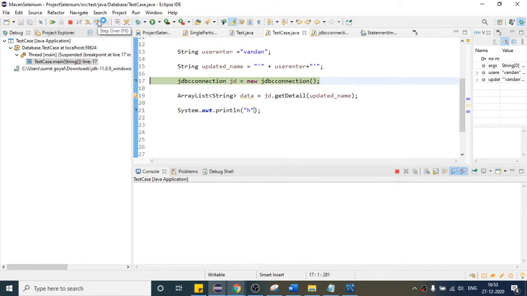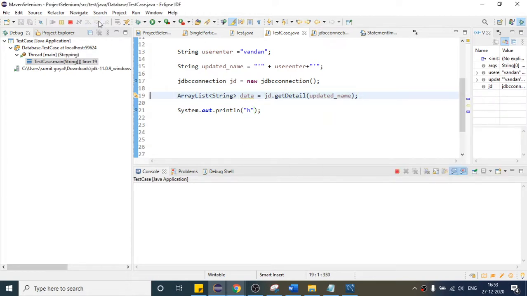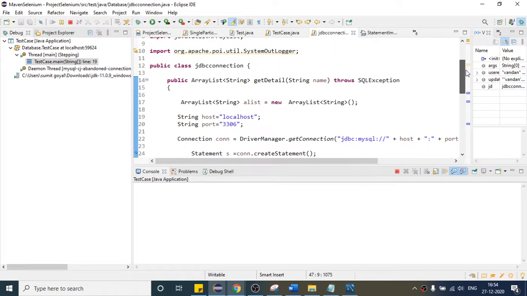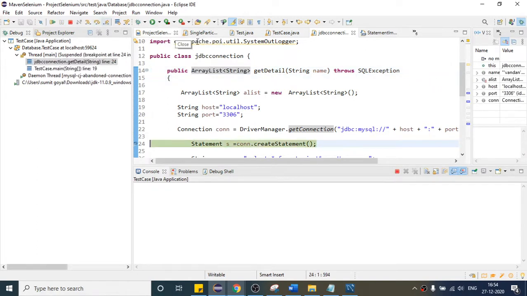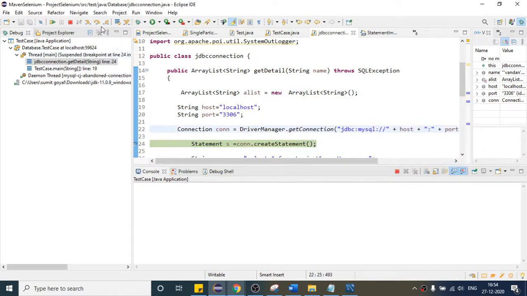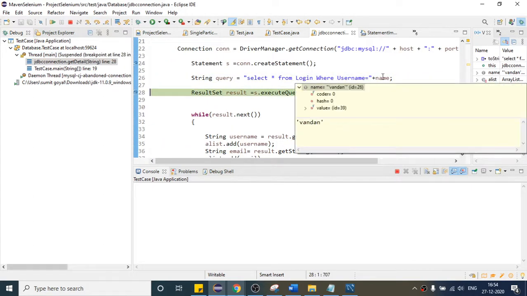again this object is created, calling the method with the updated name. This time this is our name, whatever the user will enter. Now we will come here. So basically it is the return type, because I am returning one array list. So I have changed the return type. Okay, so it came. Now it is our array list. As of now no data is present inside our array list, right? But once I come here, it will give me the details of the person having the name Vandan.